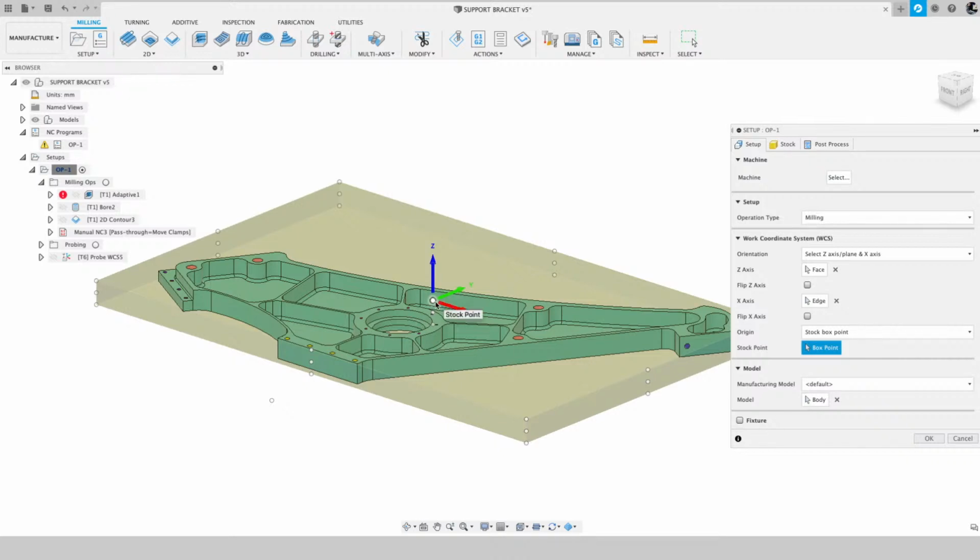How do we find that on our machine? You can use an edge finder. You find each edge in X and you split the difference to position X. You would then hit this wall of your stock and that wall of your stock, split that distance and pick that. If I was using an edge finder, I'd probably just pick a corner, something like that. That would be easy. But if I wanted to just use a probe on my, let's say I have a Haas machine with the probe, I would do, whoops,